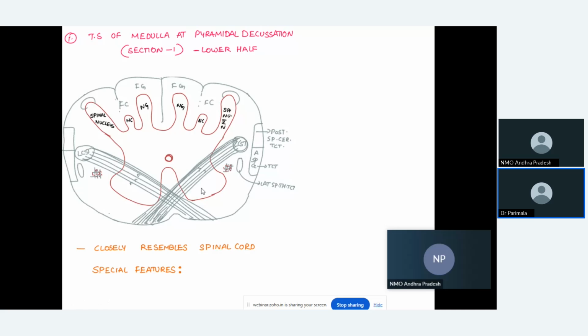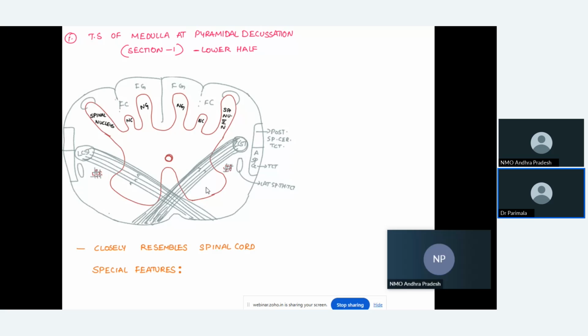Immediately below this section of the medulla, we have the spinal cord. The first spinal segment is C1, and just above C1 we are seeing the supraspinal nucleus. That means you don't have a clear-cut demarcation between the lower end of the medulla and the upper end of the spinal cord. Whatever you see in the first section of the spinal cord will also be seen in the lowermost section of the medulla. That's what I mean. The spinal accessory nerve is the spinal component of the accessory nerve. Its nuclei will be there in 5 segments.